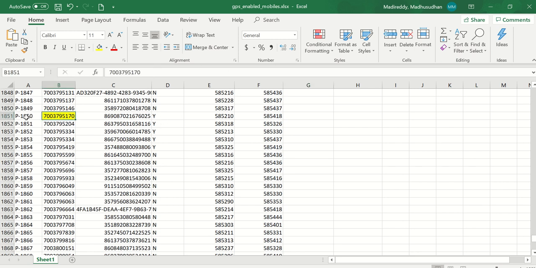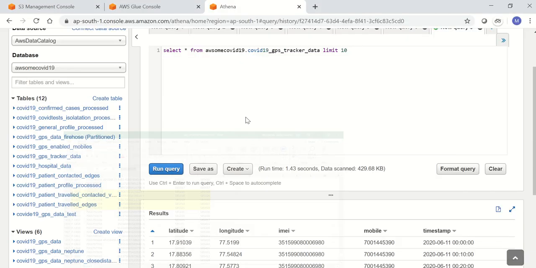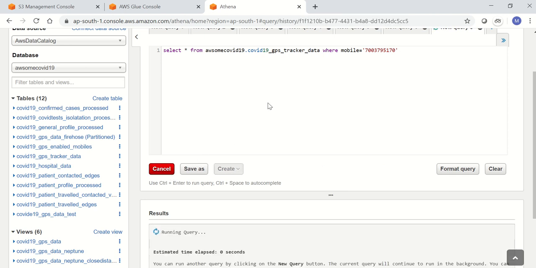These are the 5 mobile numbers which we have generated just now. So let's query it to see how this patient's data will look like in GPS format.